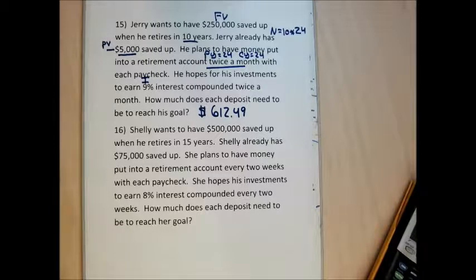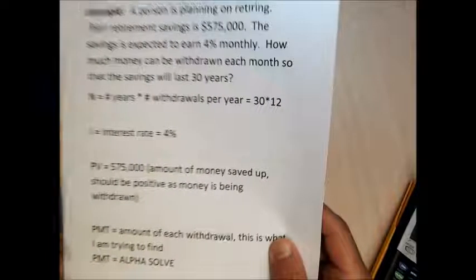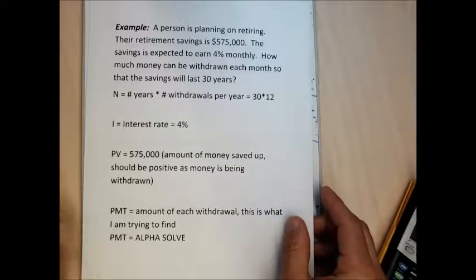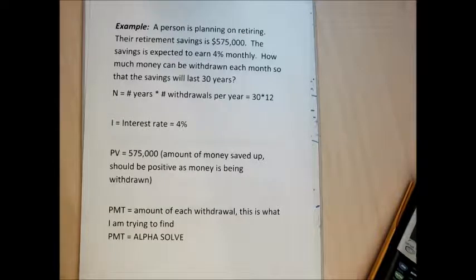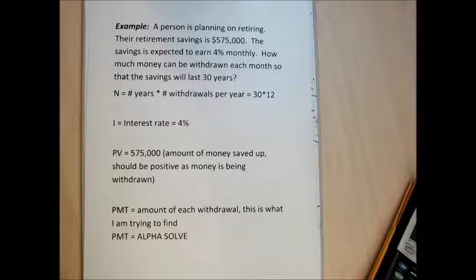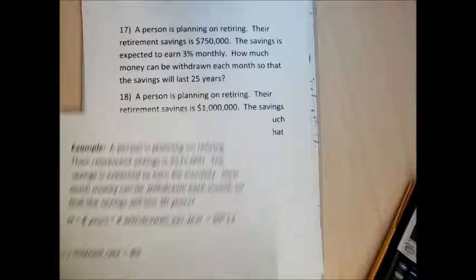The rest of the problems in the section have to do with when people are retired and they're spending down their retirement. Let me skip these because I think it's going to be safe just to keep them separate, because this is when it starts to confuse the situation. This is when the signs and the PVs start to change, and maybe we should just not do those. If you're interested in planning on pulling money out while you're retired, or you want to help your parents figure out how much money they can pull out of their retirement account if they're old enough to be retired, I can work through these with you. But for our purposes, let's just skip